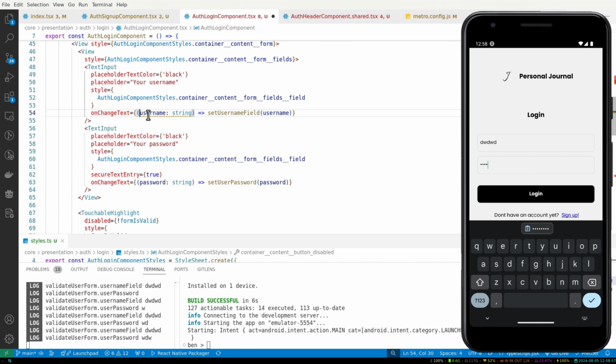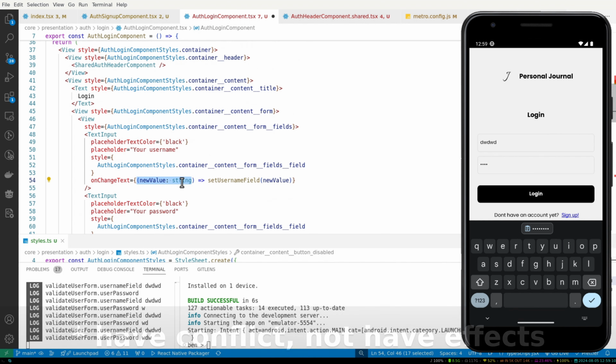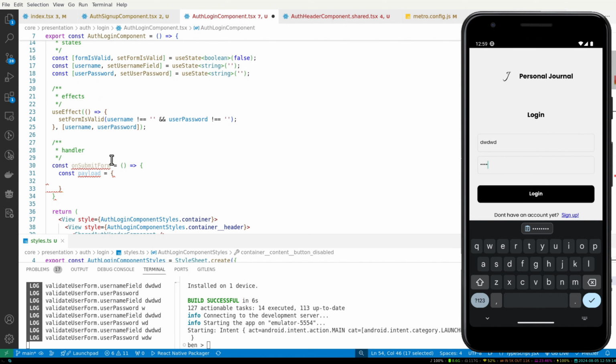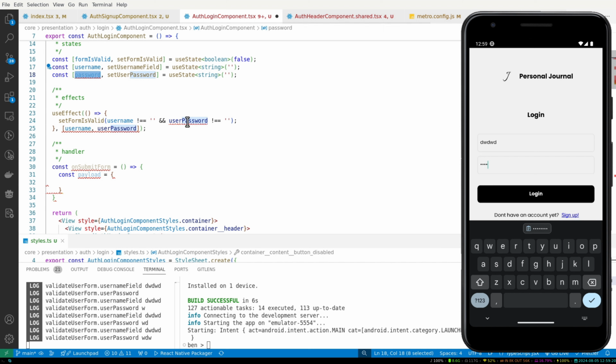Username, let's say new value. The new value is a username like that. These ones will not have an effect on one another because they are local variables to this callback, so they only have effects with the global ones. The global ones are the ones that are outside the scope of the return. And then the password part, we just copy the password,